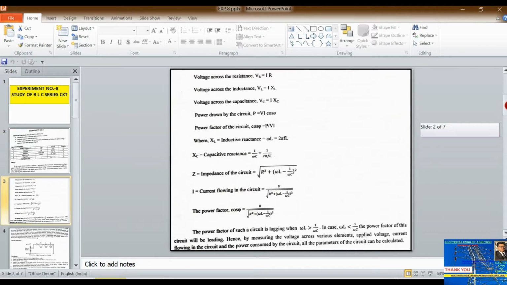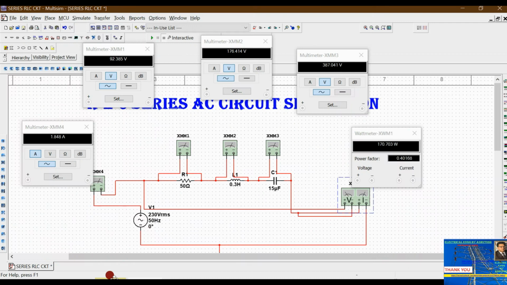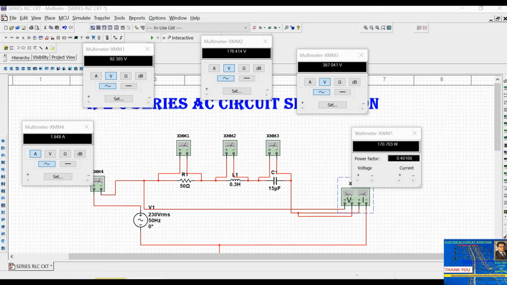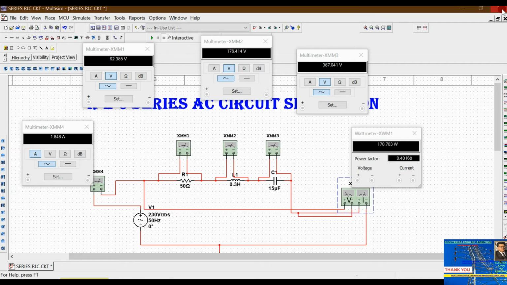So any question from this? This is how we perform the RLC series circuit. Yes, any question? So we will move towards our second experiment. Yes, sir. Okay, so please take these readings and calculate for yourself. So this was the RLC series circuit. Now moving ahead, let us take our second experiment.